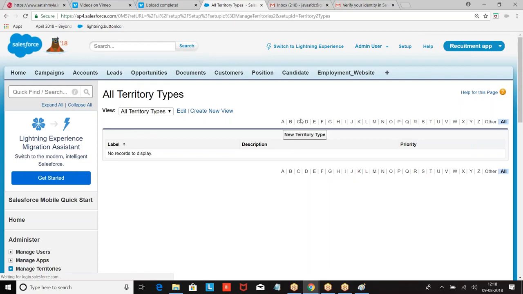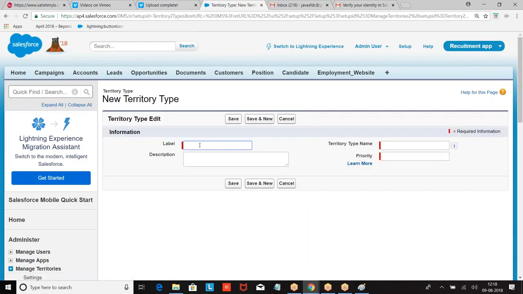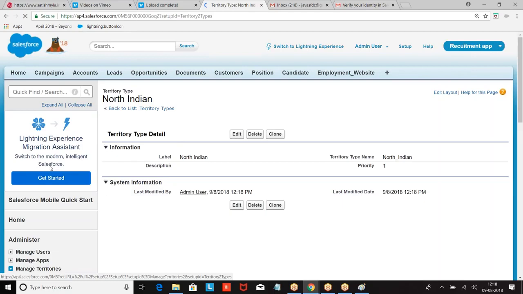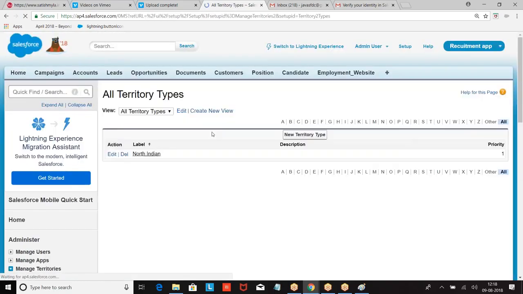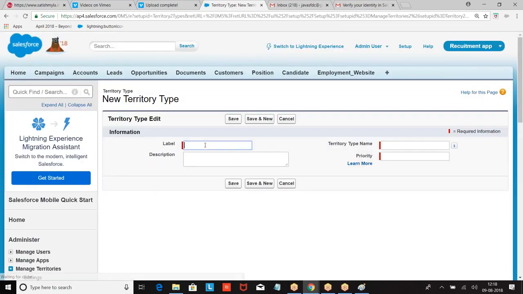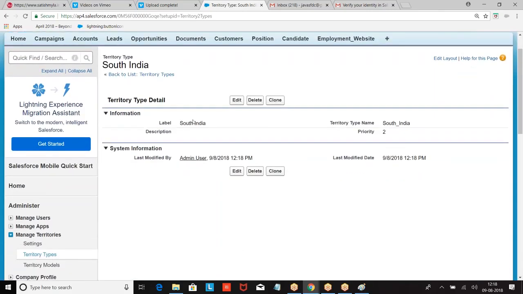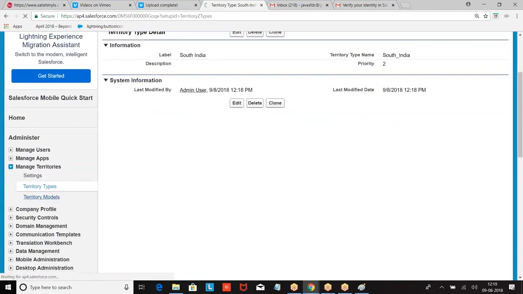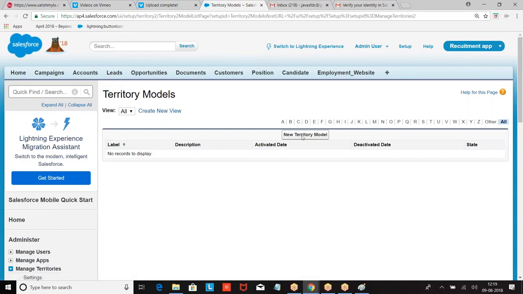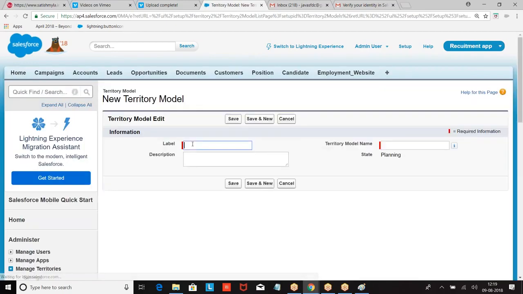Territory types, I told. North Indian Territory. Right. Under this territory, I am creating some models. Territories I have created.